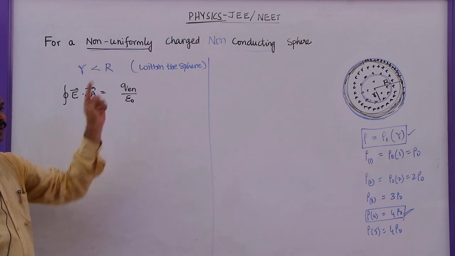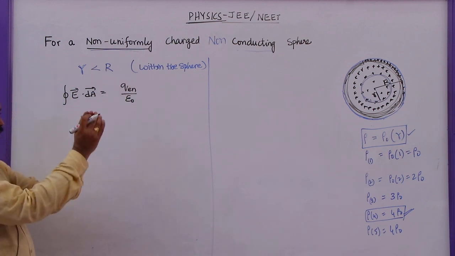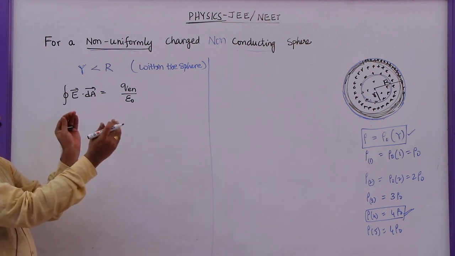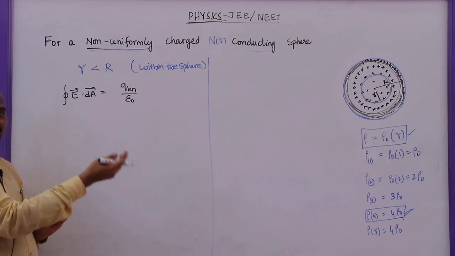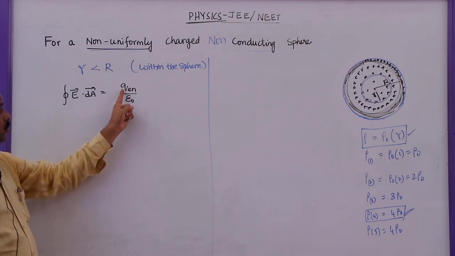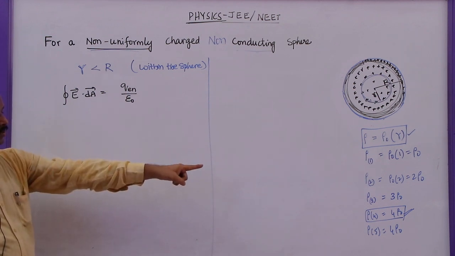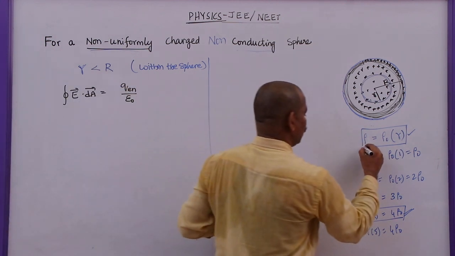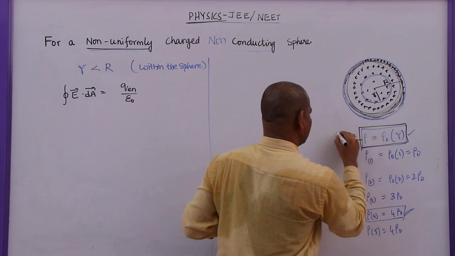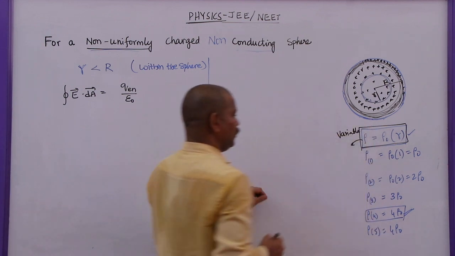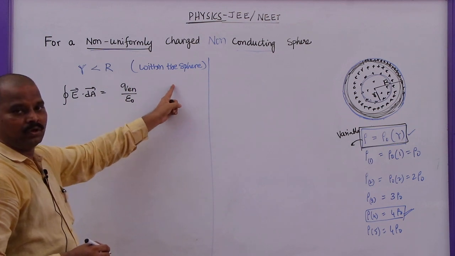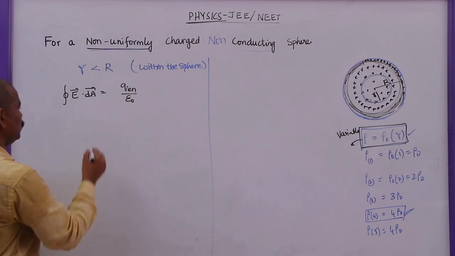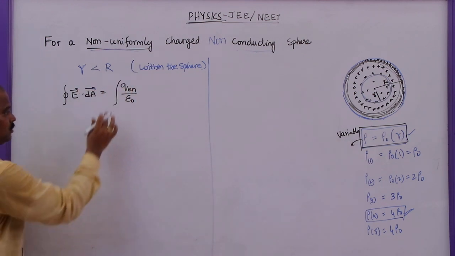But in the previous problems, the charge enclosed in a given area is constant. But if you take more volume here, if you increase the volume, not only is the charge increasing, the charge density is also increasing. So Q is not constant. Q depends on the volume charge density, and the volume charge density also depends on some other factor. Here rho is equal to rho naught r, so rho is also variable. In the previous case we were writing Q is equal to rho into dV, which means rho is constant. But today rho is also variable, so we are going to integrate this one also because it is a varying factor.